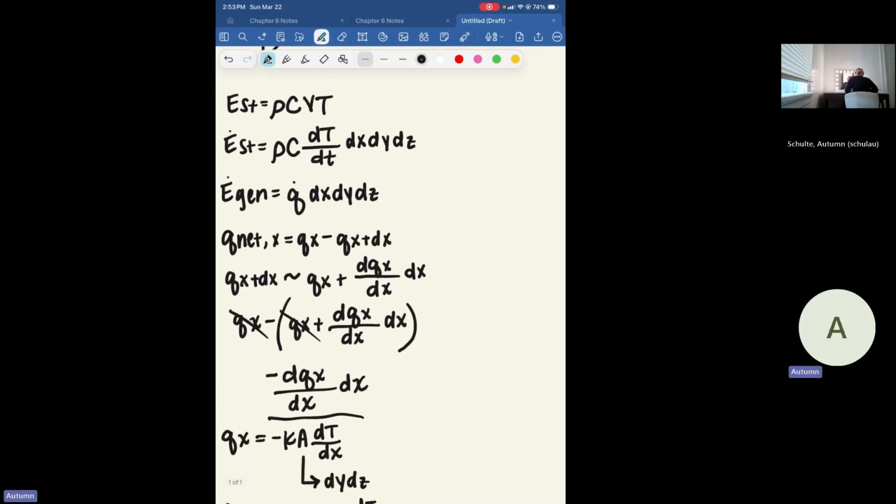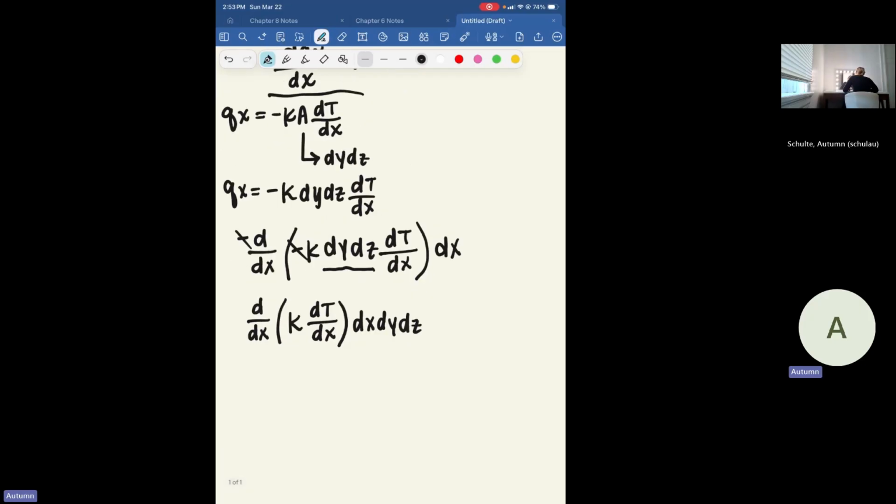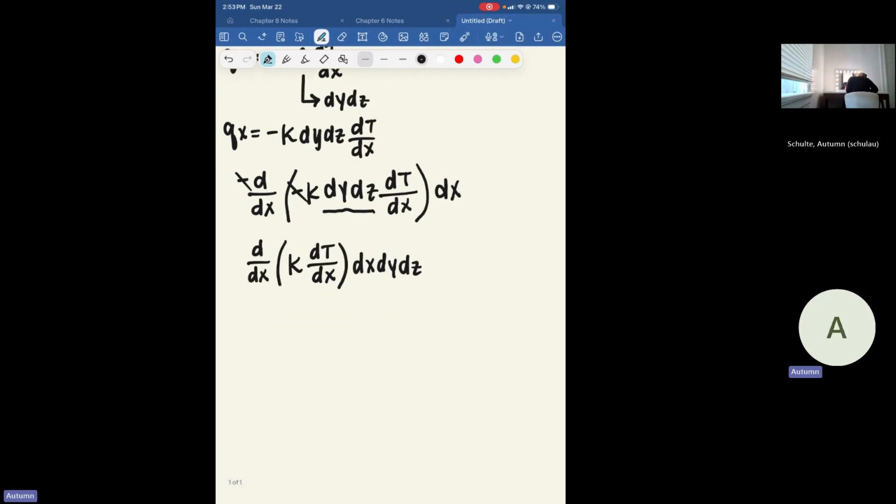Now to put all of this together, as if we're only focusing on one dimension, which is x, we're going to say that the rate of change of energy storage is equal to the rate of change of energy generation per volume plus the net heat flow in our x direction. So if we put those together, we're going to have the density times the heat capacity multiplied by the change in temperature with respect to time